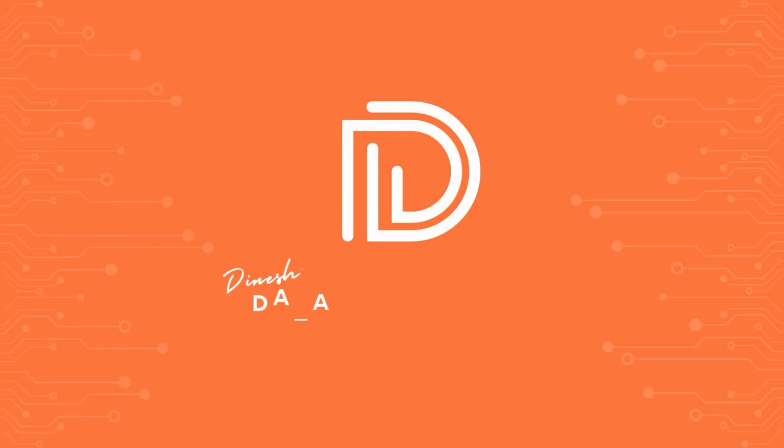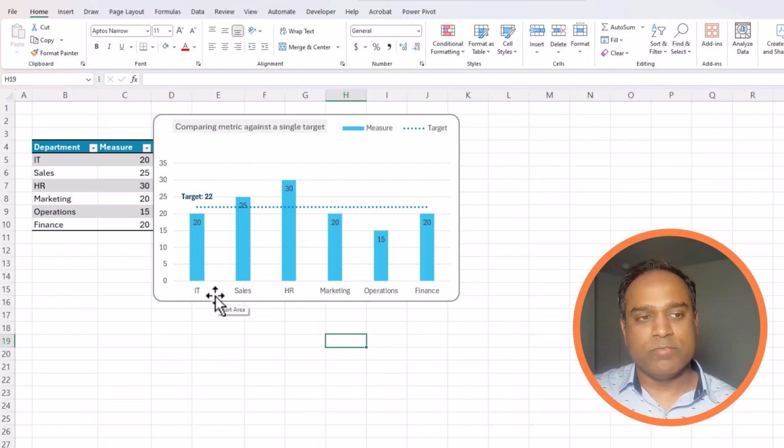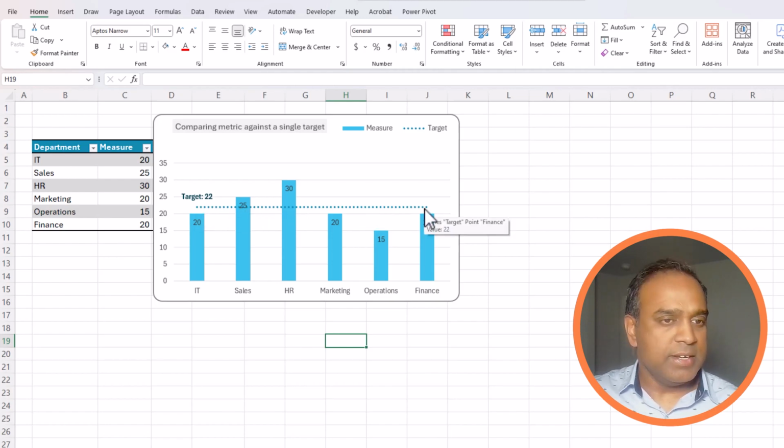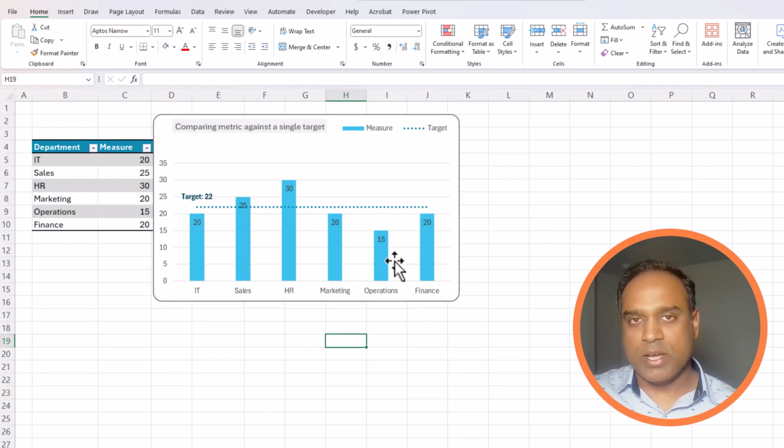Welcome. In this video of the data to decision series, I will be creating a column chart where we will have a target line or a goal line that you can compare against the actual measures. For example, I have values or measures for each department, and I also have a target or goal. So I can represent the target by a single dotted line like this, whereas the actual measures are in the